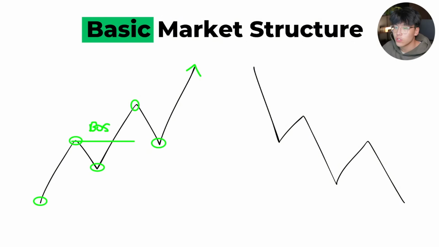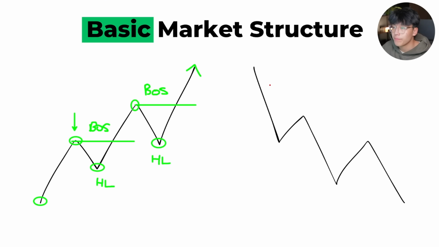So a break of structure occurs in the direction of the trend. So every single time it breaks above this key swing high, this is a break of structure towards the upside. And once again, once we break above this key swing high, what we have is called a break of structure. So when price is continuing to make higher lows in the market, this is when we know we're in a clear uptrend,